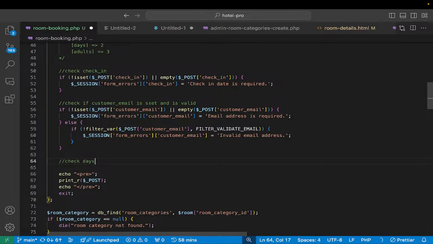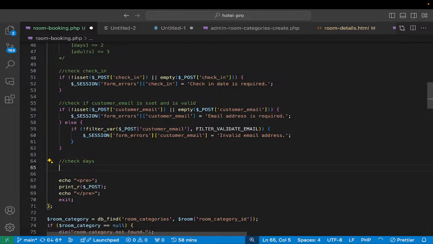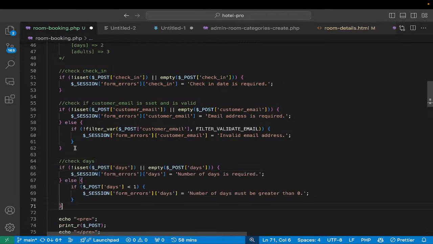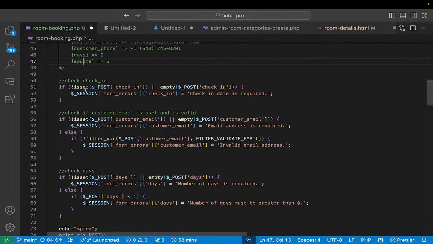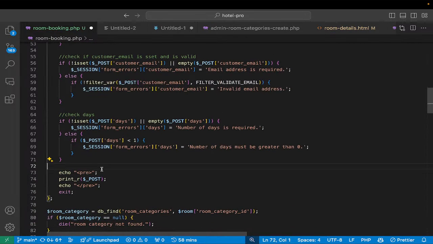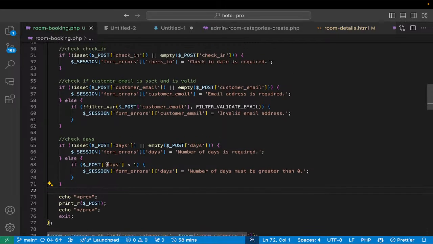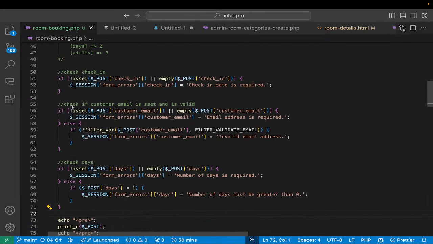Check for the days as well. If the days are not valid, they are not numeric, or they are less than 1, you can see how I'm doing it. I send back the user. So I think that can be enough. If it passes those levels, I'll know that at least everything there is valid. You can pause the video and look at this carefully. Look at these not signs. Okay, it's not set, and remember the sign of not is here, and if it is empty, one of the two. Then if